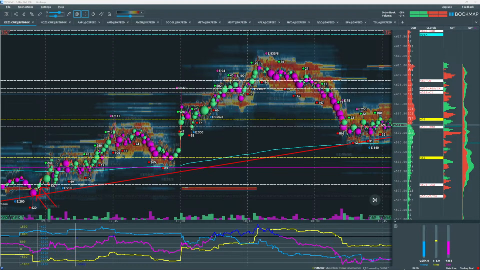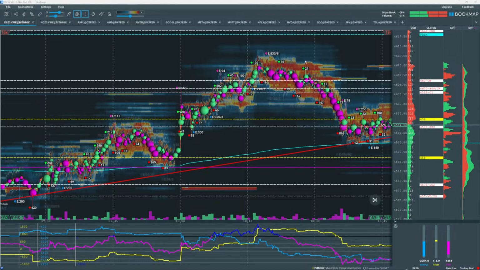Volume dots shift from magenta to green. Green volume dots at the pullbacks. Even up at the call wall. And the subchart indicators were pretty mixed at this time. And that indicates to me that options traders were really driving price today. And note at this turning point here, the signals in Bookmap are pretty clear. Let's go over those.